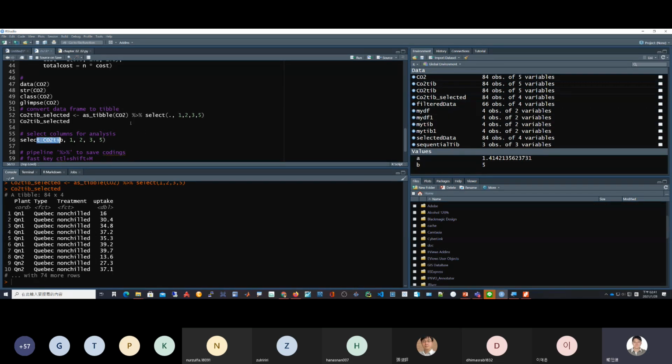Okay, for example, let me just repeat it. Let me just show you here. So this is our original data set, CO2 TIB, and then we can also use this to select the 4 columns here. Of course, you can also use this way, CO2